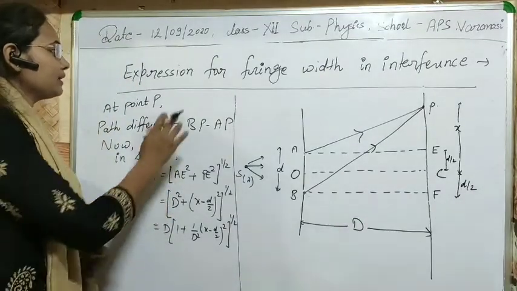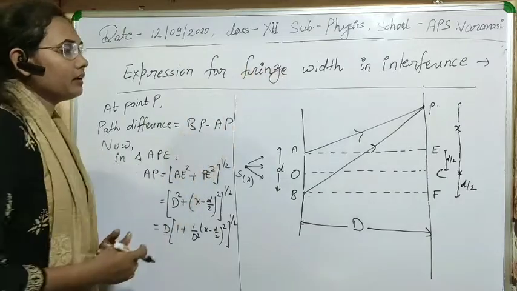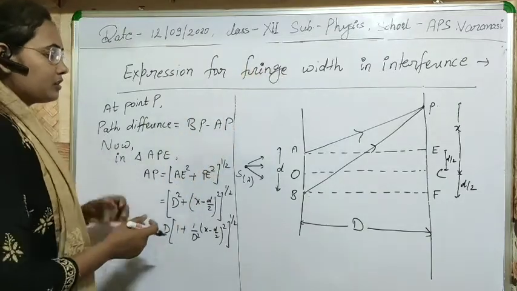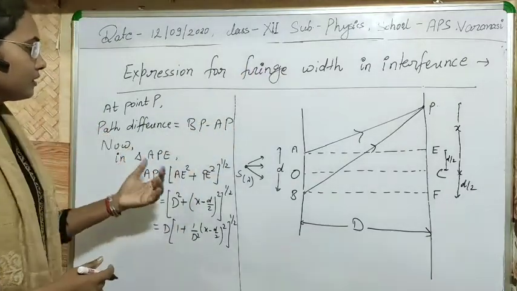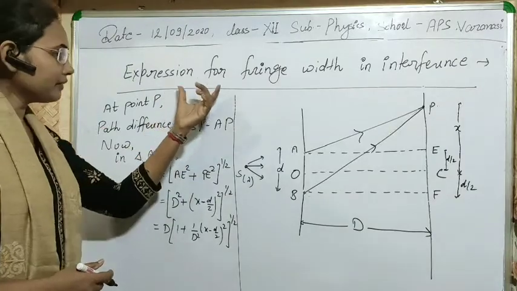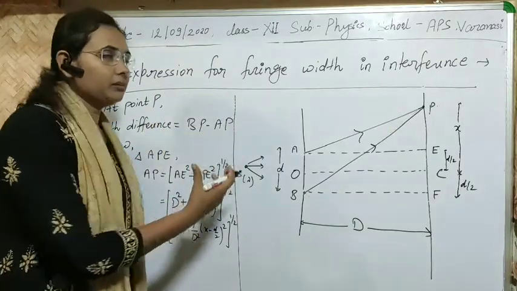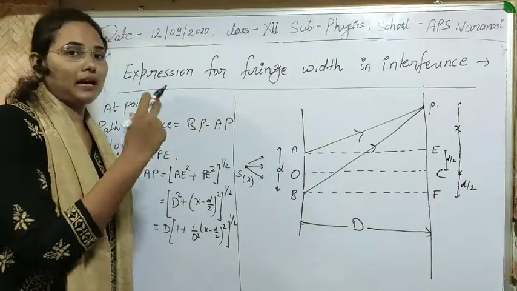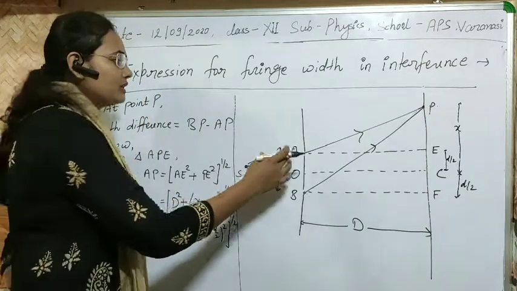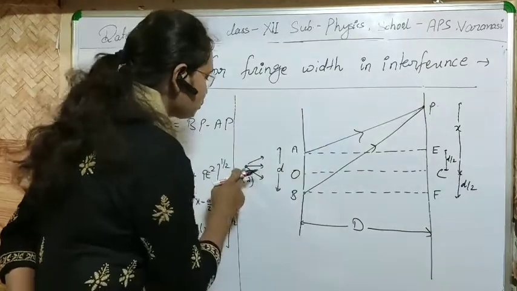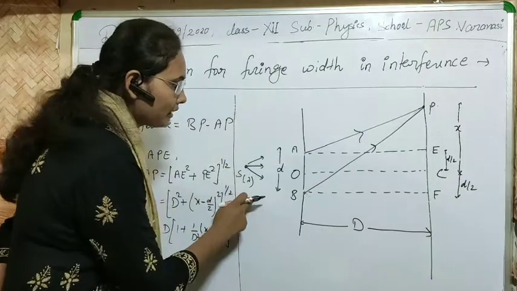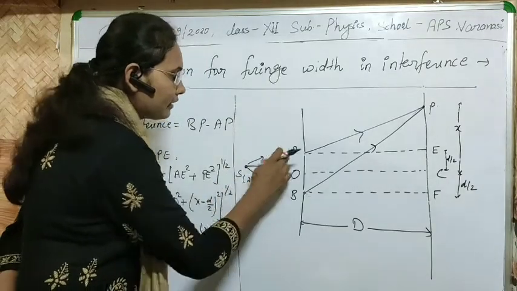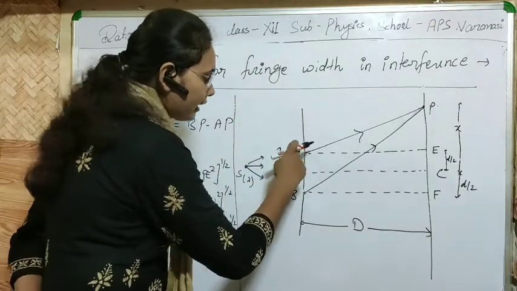So the next topic is expression for the fringe width in interference. This is also called the theory of interference. So to determine the fringe width, means what will be the bandwidth of maxima or minima. So for this, let a source S, which is monochromatic and it emits light, and let A and B are